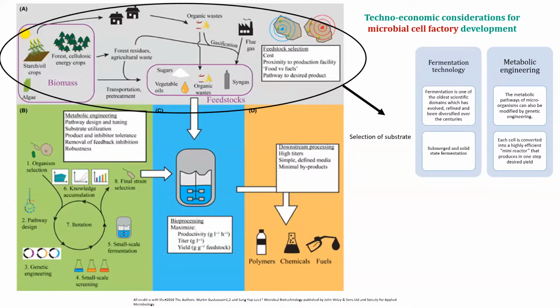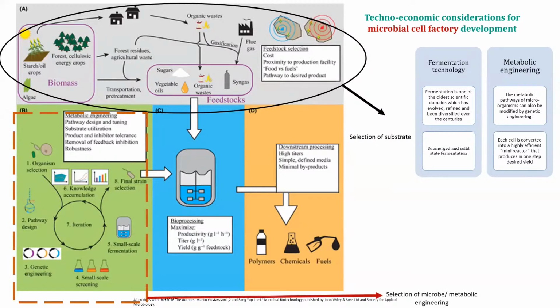Now you have to design a pathway where you get a desired product. So you have to choose your agricultural waste which will result in production of the desired product. It can happen that you choose a substrate which will not result in an end product. So you have to choose a pathway where you will be getting a desired product depending upon your feedstock. Once you have selected your feedstock and done your pre-treatment,